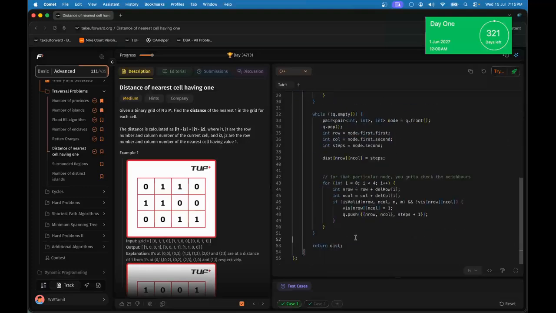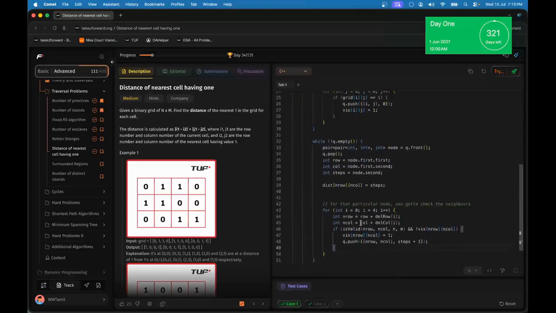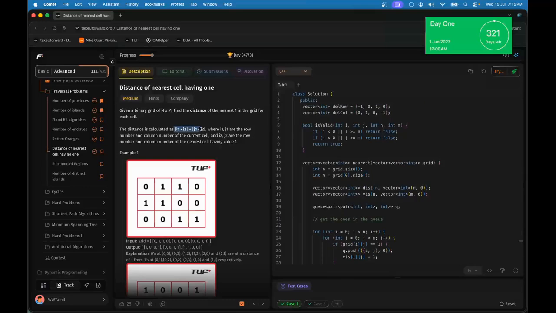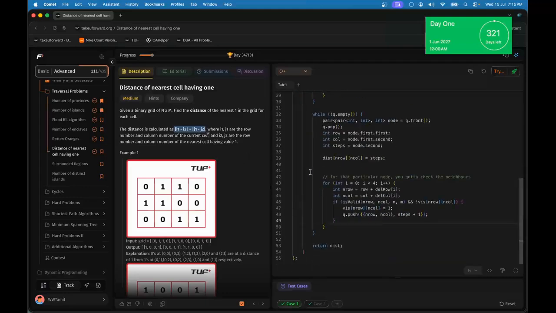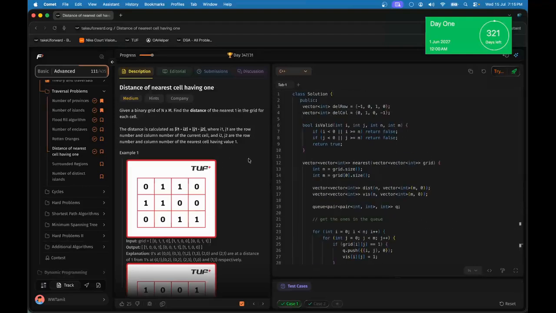The solution sounds very easy, but arriving at it is very complex because of this formula, which we did not use, right? We did not use this formula, whereas we used some other way of calculating the distance, by using a third element in the pair which includes the steps, right? So that's how we calculate the distance, which can be a little complicated, right? Okay, we did